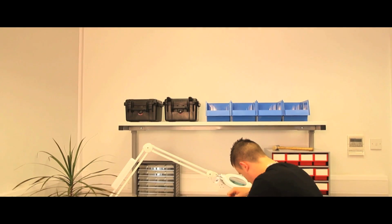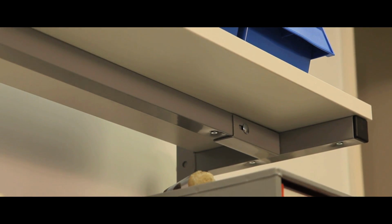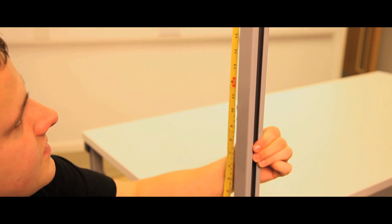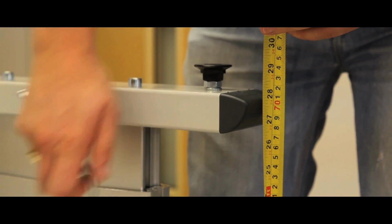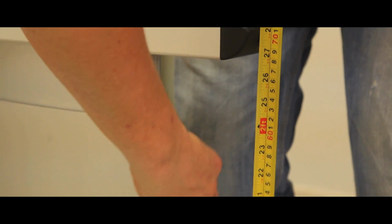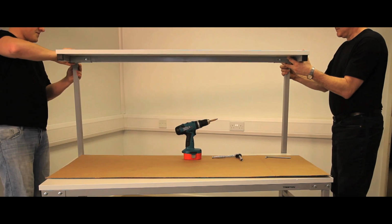The Truston TPH height adjustable workbench with an upper shelf is available in 5 different sizes, from 700mm deep by 1200mm wide to 900mm deep by 1800mm wide. All TPH benches are height adjustable between 660mm and 920mm from the floor. The upper shelf, which is the same width as the bench and is 310mm deep, is height adjustable between 1080mm